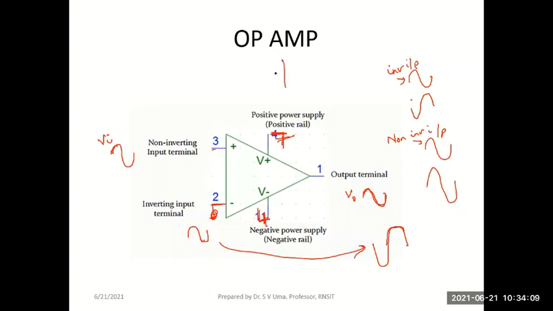Why rail? You remember the railway track is parallel like this. And DC voltage is represented with a straight line. If you see, this is plus V and this is minus V. So it looks like two parallel lines, or a railway track. They call it the positive and negative rail.